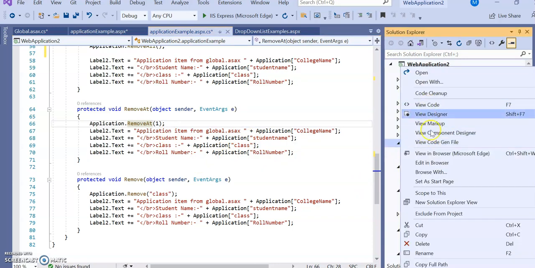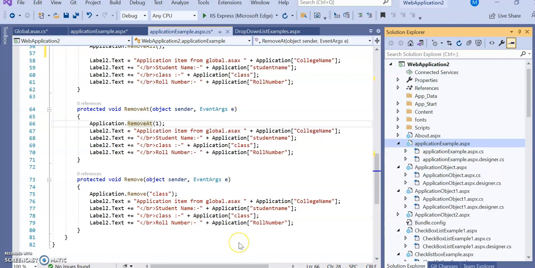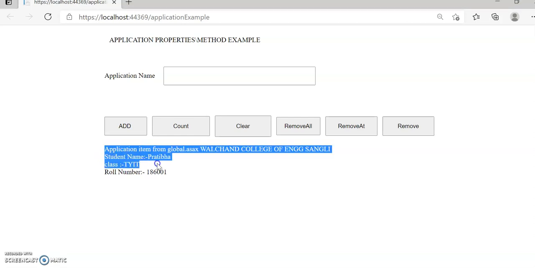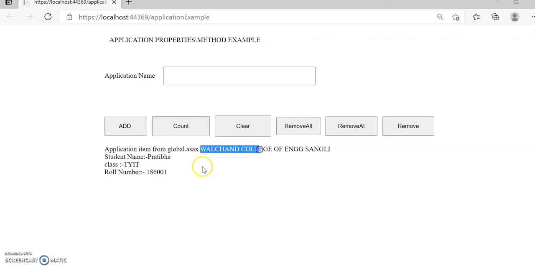Let's go to this application and view in browser. Here you can see once your page gets loaded, this information has been printed: the application item from global.asax, Walchand College.